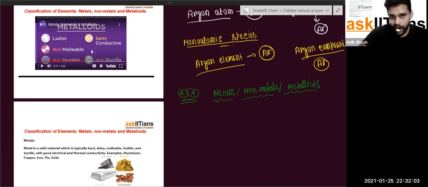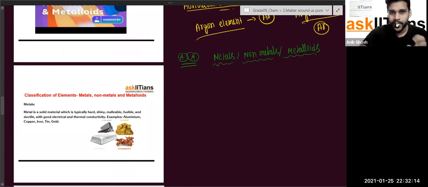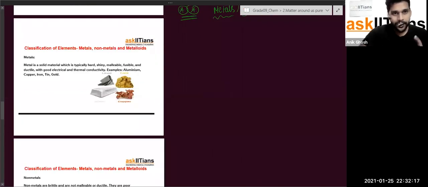Now these are about the metalloids. Metalloids have luster, but are not malleable and not durable. Now they are going to show you different things about the metalloids and the non-metals as well. But it is better if you just go on slowly with that, isn't it? So the first thing is